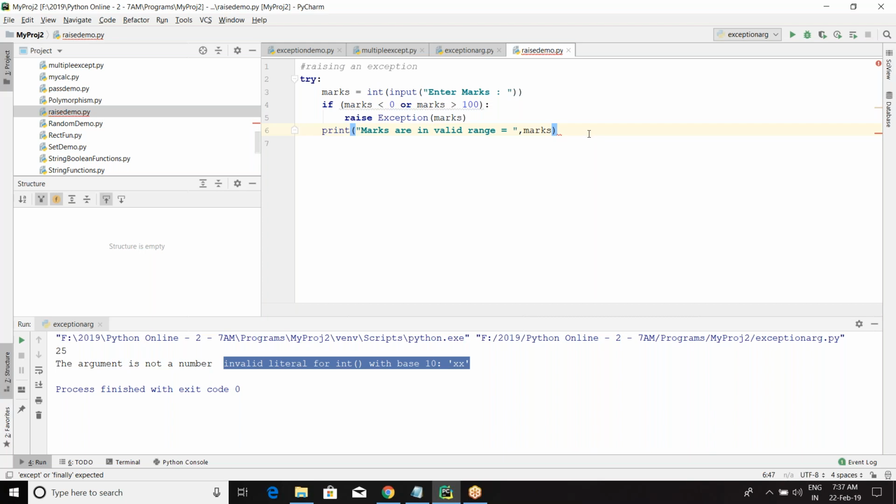Now, if the condition is true, then it will go with what? Raise exception and use the argument of marks value. If the condition is false, then it directly comes to print, and it says what message? Marks are in valid range and displays the marks value. Then, except